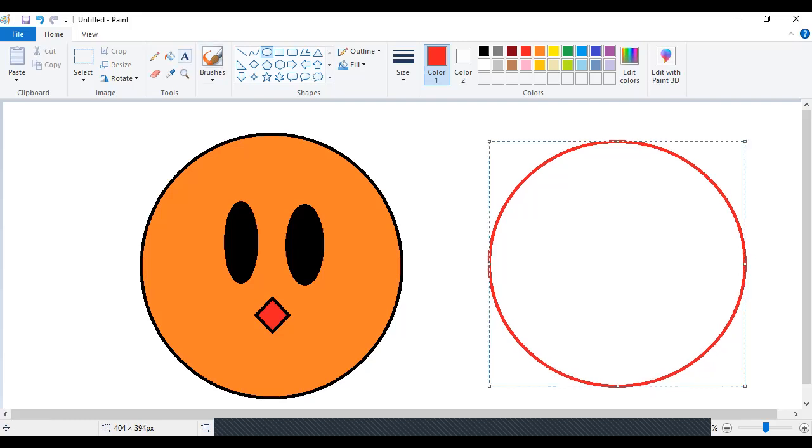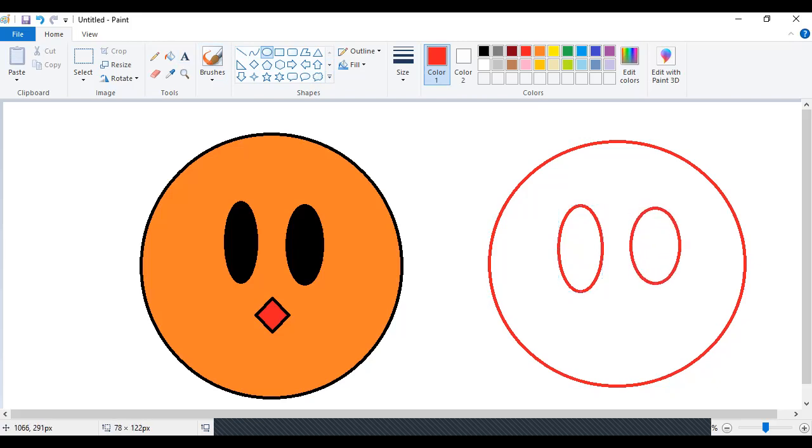Okay. Now for the eyes. Now see, because I have chosen the color red, everything is turning out red. And this time for the nose, I want to choose the triangle. Let's rotate it. Okay, undo this.